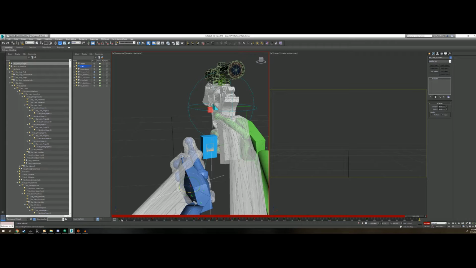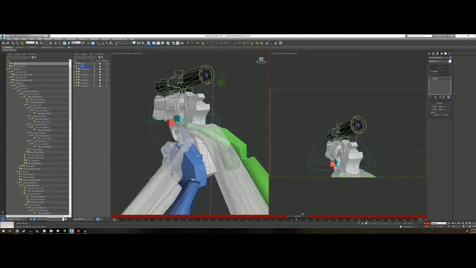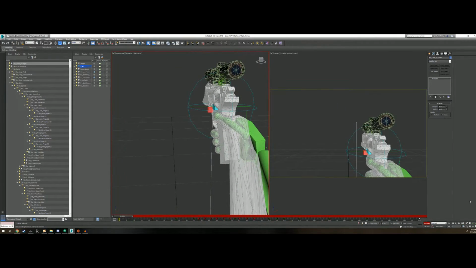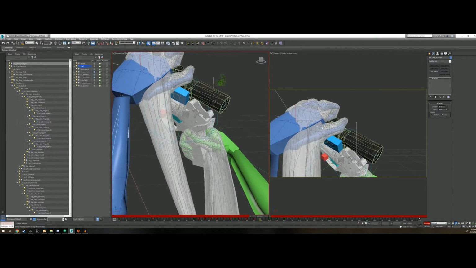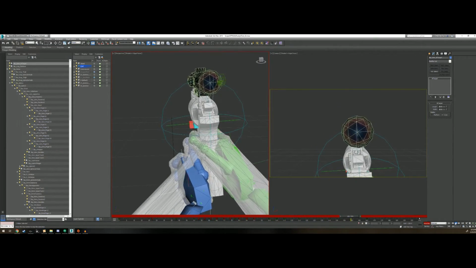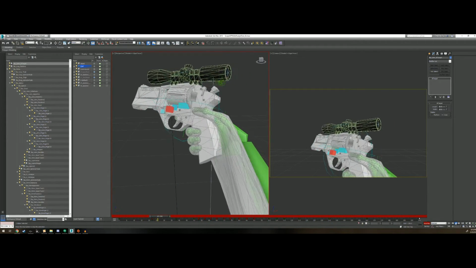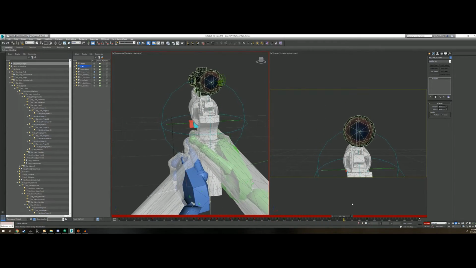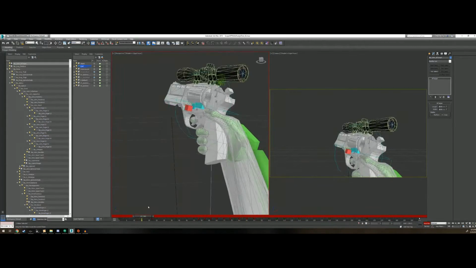And then it returns back to where it came from. Let's check it out. Yeah, I mean, it's not bad. It's not smooth yet, really, and the fingers aren't done, but